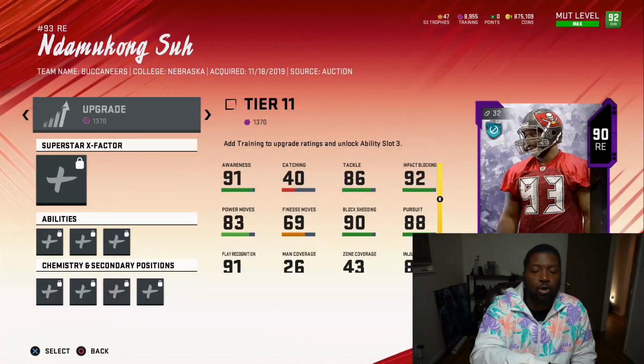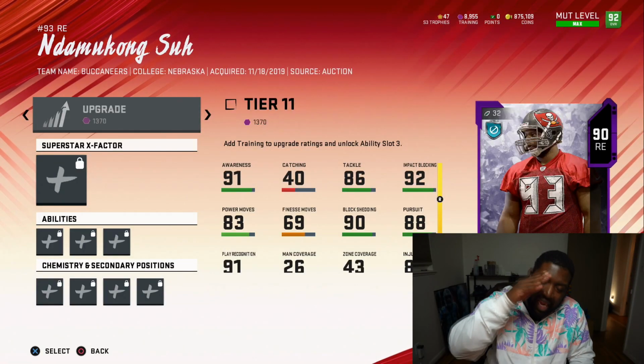I use both these guys all the time, and I notice Vita Vea on the field a lot more than I noticed this Gerald McCoy, who I paid way too many coins for. Sticking with the Buccaneers, a guy you compare Vita Vea up with is his real life teammate, none other than Ndamukong Suh, who you can power up from a 68 overall to a 90 overall